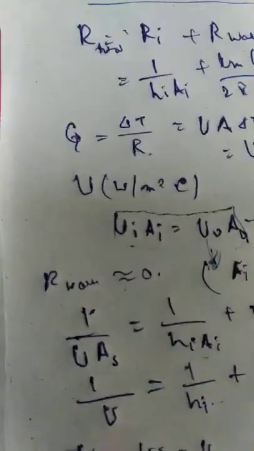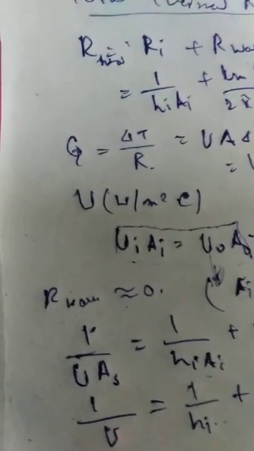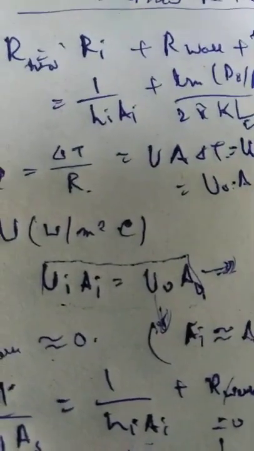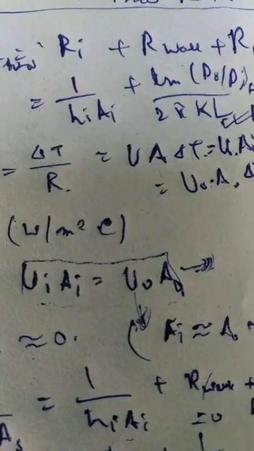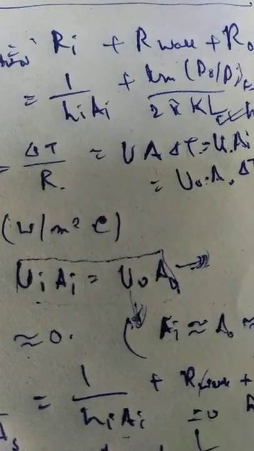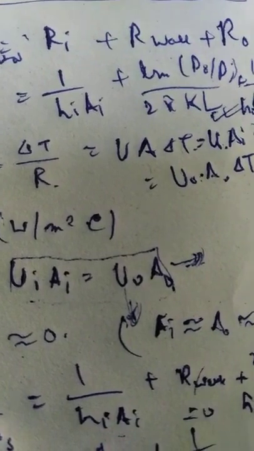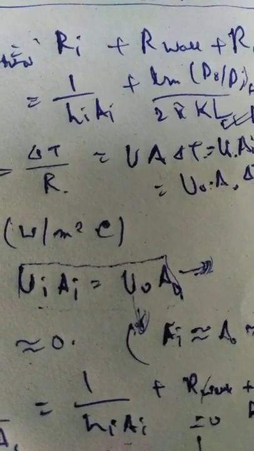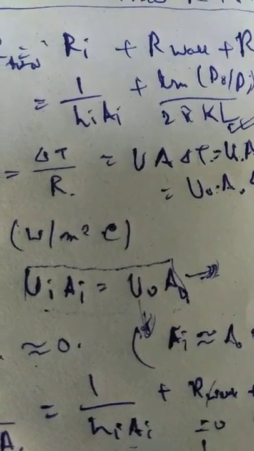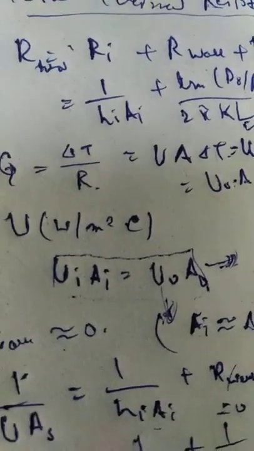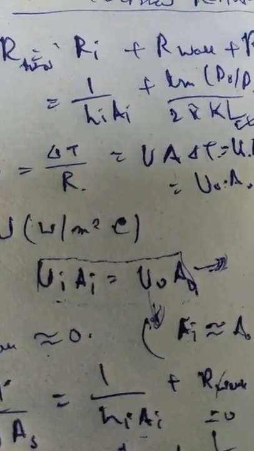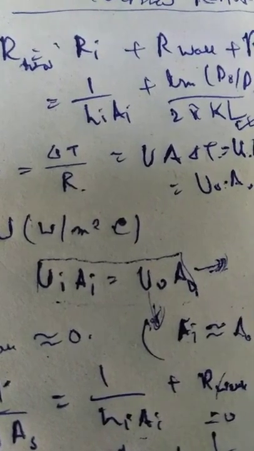So the smaller heat transfer coefficient creates a bottleneck on the path of heat flow and seriously impedes the heat transfer. This kind of situation arises when one of the fluids is a gas and the other is a liquid. So inside there is gas and outside there is liquid. For that, fins are generally used on the gas side to enhance the product UAS, and thus the heat transfer on that side. So heat transfer is increased by adding fins to the surface, by increasing the surface area.